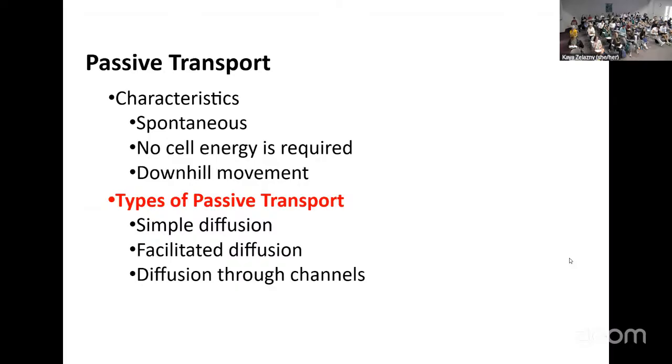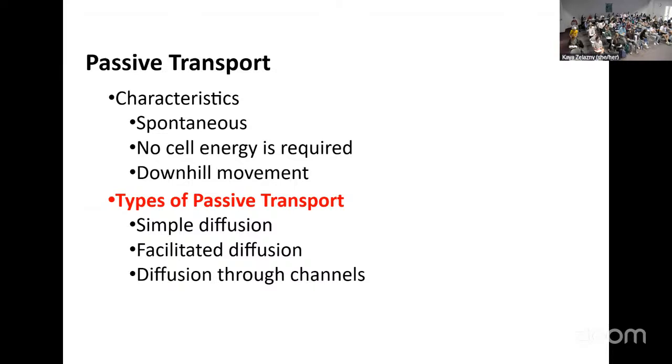Maybe you guys were moving forward thinking about different types. But basically, if something is going the direction it seems like it should go, the direction it seems like it wants to go, then that should be passive, unless there are other pieces to the puzzle. So for passive transport, we're describing something that happens spontaneously, right? So, automatically, you don't have to add in any cellular energy. You don't have to add in any ATP. You don't have to harvest energy from redox reactions and high energy electrons like we do in mitochondria. None of that. It's just movement downhill